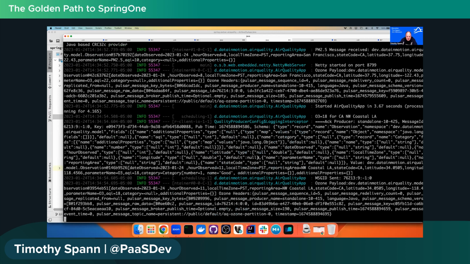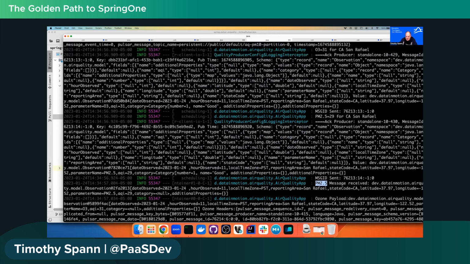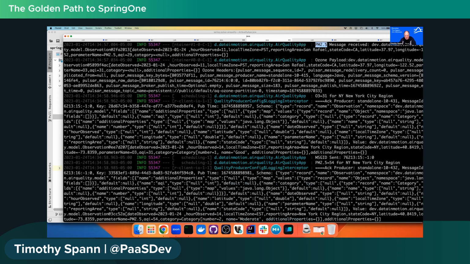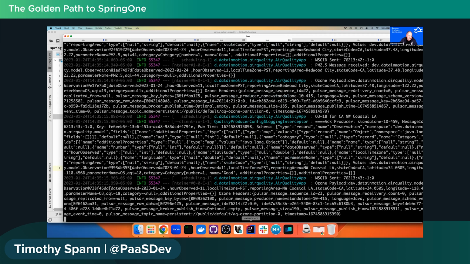So this is, as you see here, I'll try to pause it. These are the ones getting that data back. So we've already got messages come back for Ozone in 2.5, and we could see here the message is sent. Oh, I forgot, I have a logging interceptor in there. Let's take a look at that code. That's a pretty awesome feature